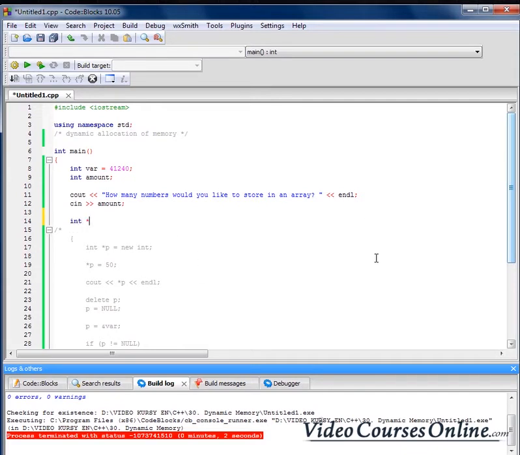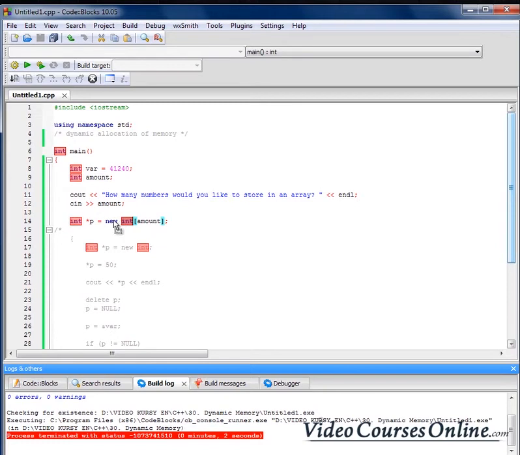So int, and now I will store it in a pointer, equals new int, and here I can also, in the square brackets, tell our PC how many times the type I want to have bytes, right? So, for example, I will type here 5, so 5 multiplied by 4 means 20, so I want 20 bytes